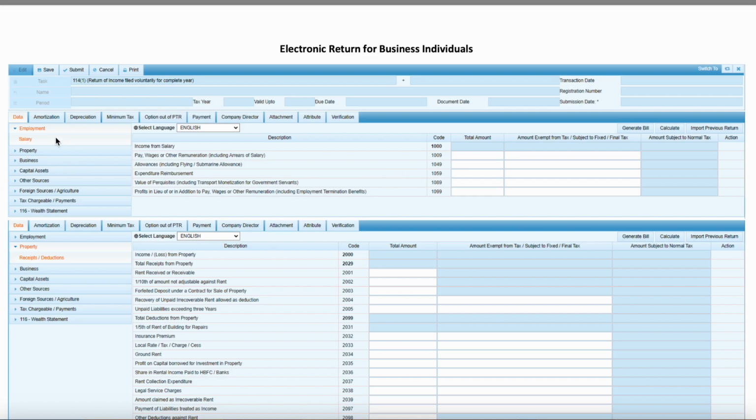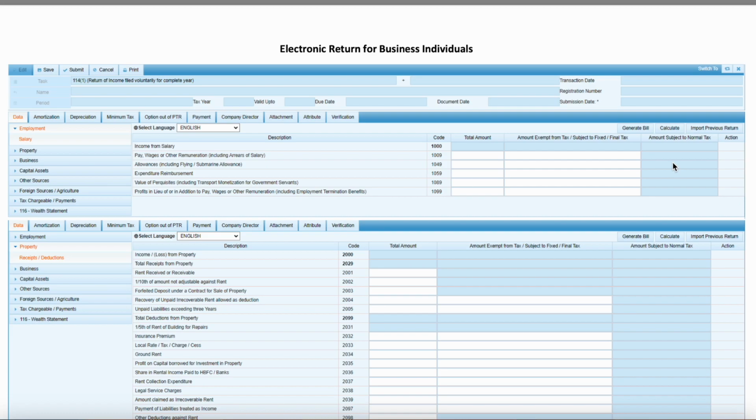And for every head of income, basically there are three columns. One is the total amount, so the gross or the total amount comes here. And if there is a different type of taxation for it, for example, if it is exempt income or subject to fixed tax or final taxation, this amount will come here. Otherwise, all the amounts that come in the total amount and are not subject to exemption or final tax automatically fall under subject to normal tax,